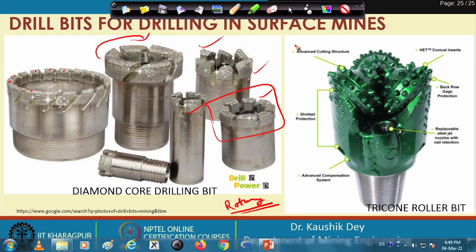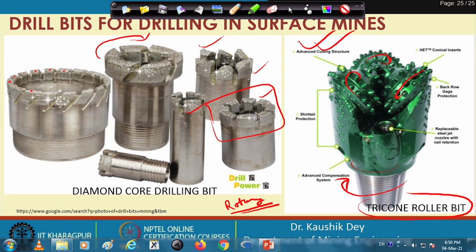This is the second type of rotary drill bit, which is called the tricone roller bit. You can see there are 3 rollers, placed at 120 degrees to each other, and they rotate in a complementary direction as this one is rotating. So, these rollers are also self-rotating type, and as it is struck with the rock,